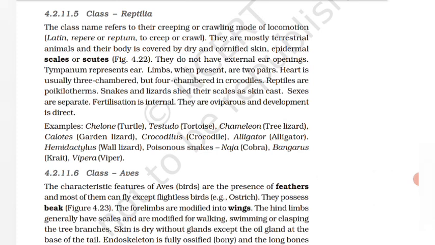Heart is four-chambered. They are homeothermous. Respiration is by lungs. Sexes are separate and fertilization is internal. They are viviparous with few exceptions and development is direct. Examples of oviparous, that is Ornithorhynchus, that is platypus. ओविपेरस का एग्जाम्पल एक ही है Ornithorhynchus, that is platypus, और विविपेरस के एग्जाम्पल हैं